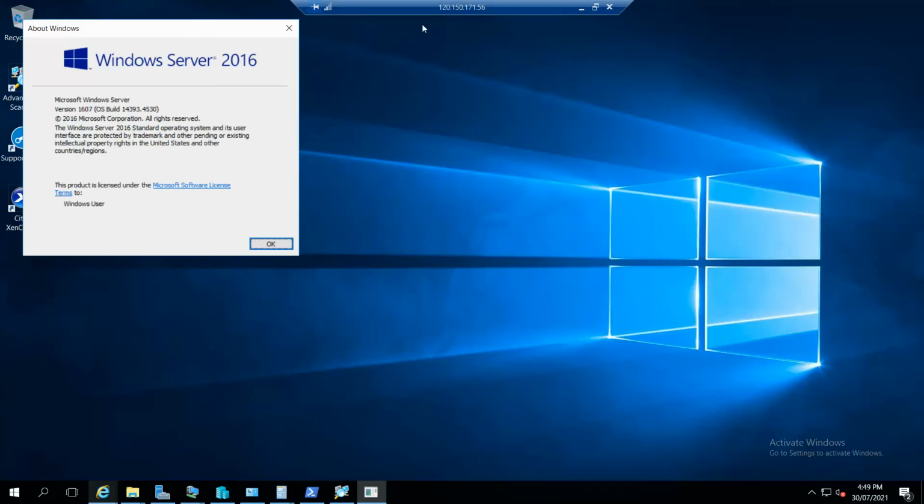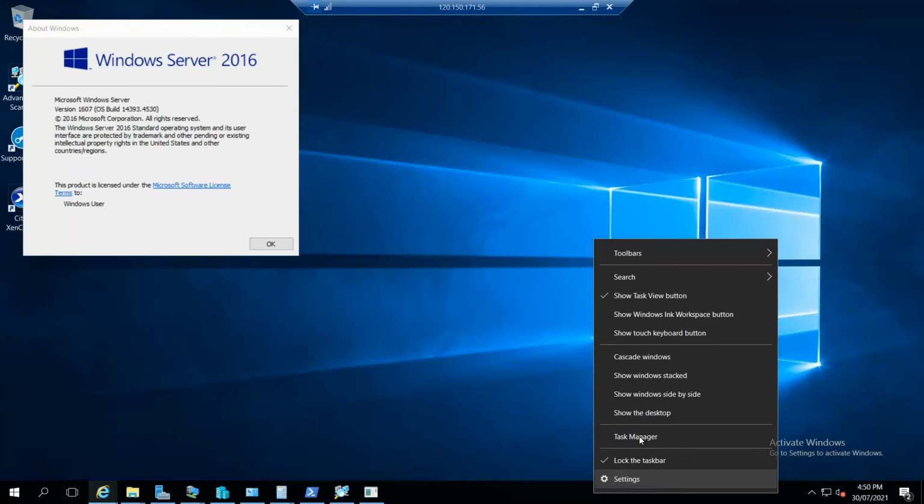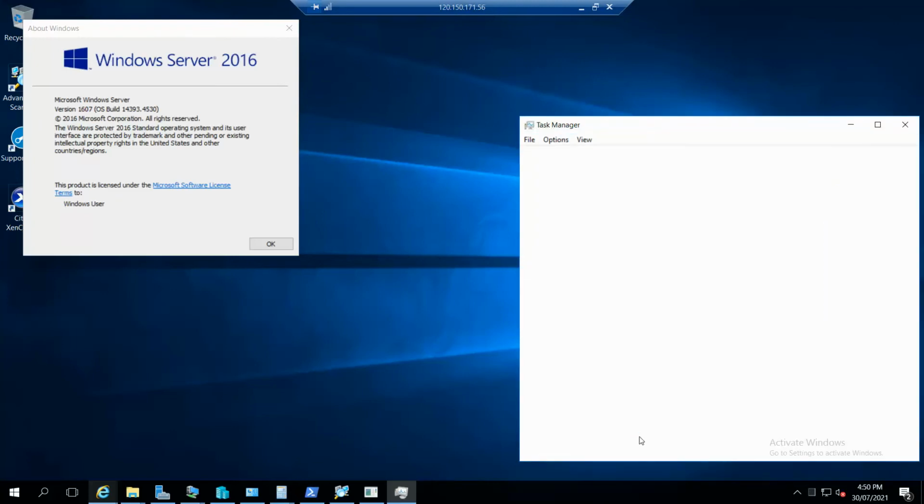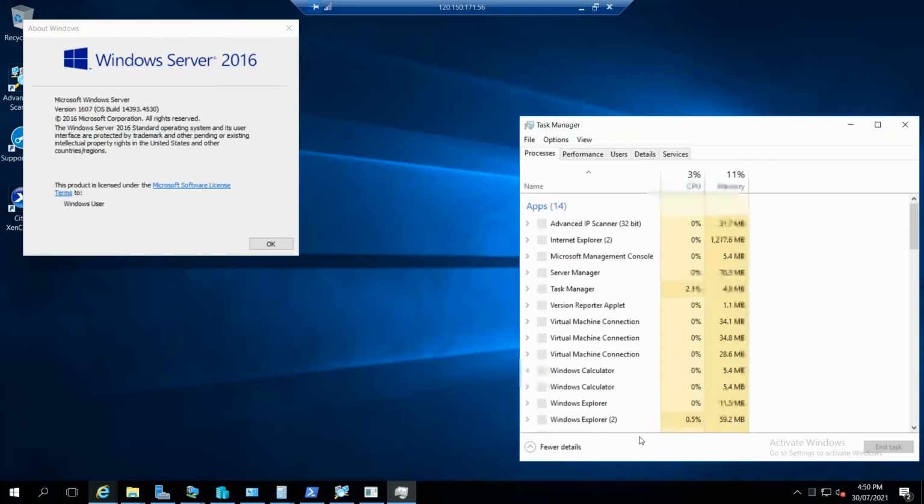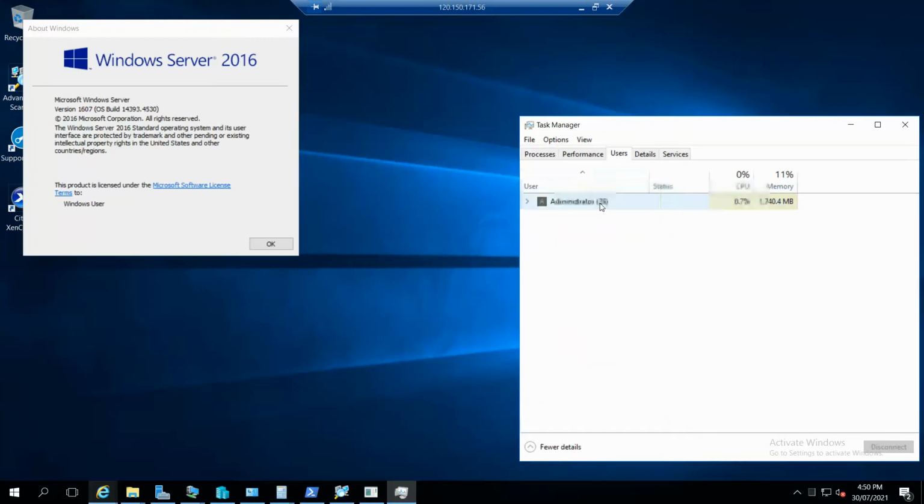So what is the benefit? The server operating system is a multi-user operating system. At present I connected with only one user, right? I connected with a single user now. But